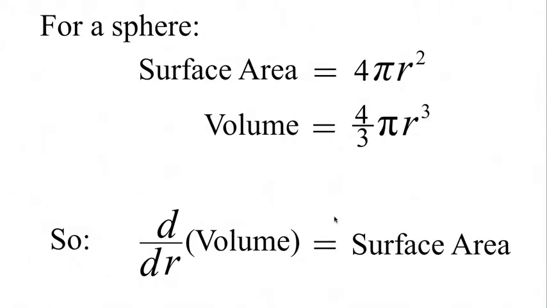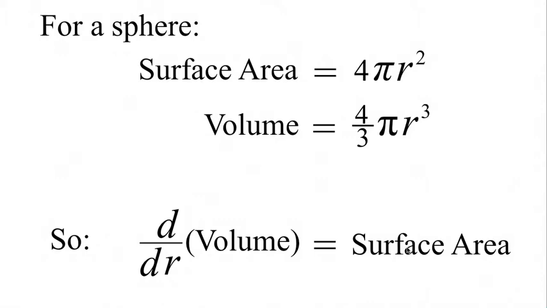Well, here's a couple of formulas you may be less familiar with, but you've probably seen them before. For a sphere, the surface area is 4 pi r squared. The volume is 4/3 pi r cubed. And look again, the derivative of the volume, well, the derivative of r cubed is 3r squared. The 3 cancels out this 3, 4 pi r squared. It's the surface area. The derivative of the volume of a sphere with respect to the radius is the surface